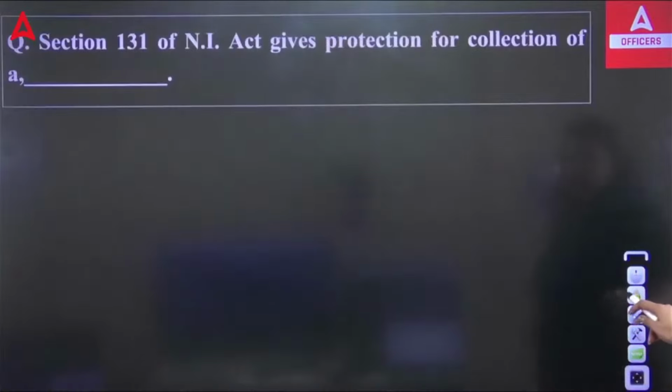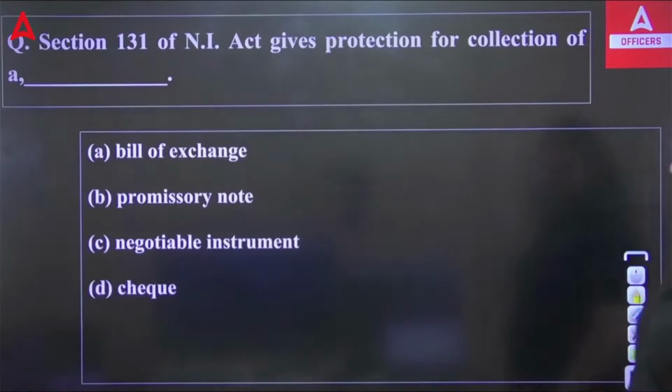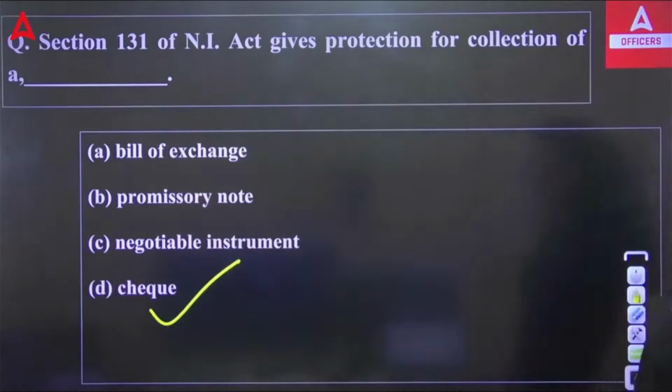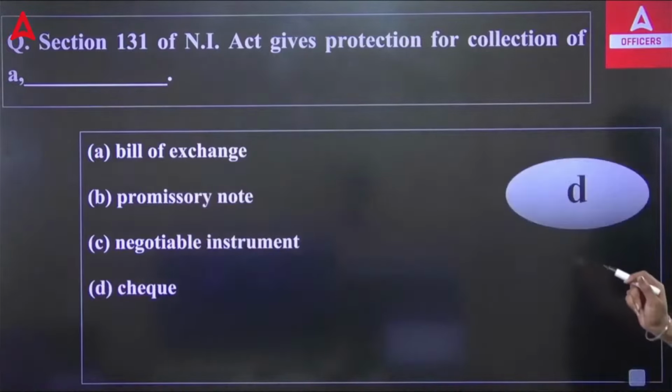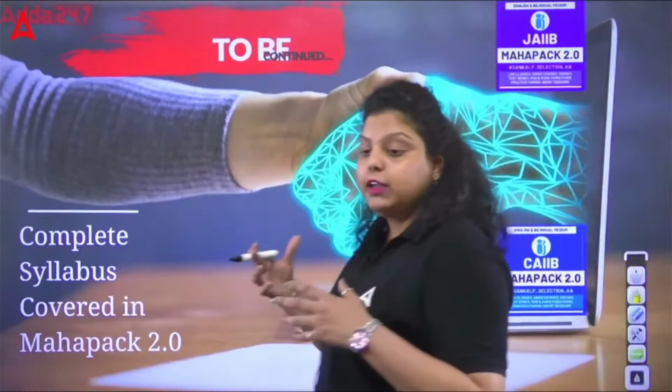Next, section 131 of the Negotiable Instruments Act gives protection for collection of which of the following? We have discussed this. For the cheque, it gives protection for the collection of cheque. To whom? To the collecting banker. It will provide the collecting banker the protection. So this is what we have discussed about the payment and collection of cheques and the other Negotiable Instruments Act